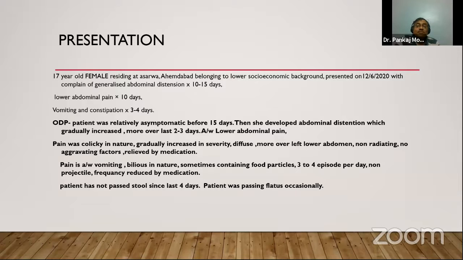Sir is asking a very specific question. From your history, forget about her, what will you think? If I am given a choice, I will think it is a small bowel obstruction, obviously, probably proximal. More vomiting, more proximal. Less vomiting, distal. Do you understand? So from the history, how can you put it as Koch's abdomen?